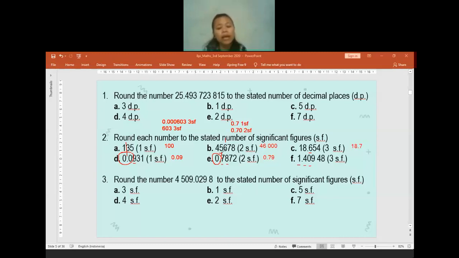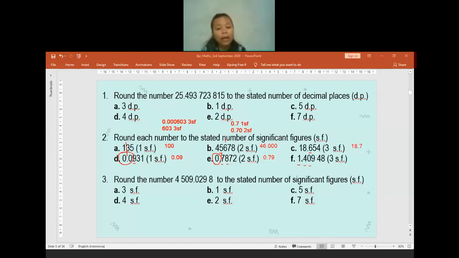will be the same thing as you round off the number correct to the nearest 10, to the nearest 100, or to the nearest two decimal places. The rule will be the same. But here we have an additional rule, which is you have to find which digit is significant. That's it. So for question F, you have to keep in mind the first significant digit is the first non-zero digit.